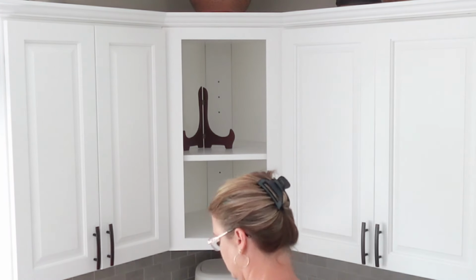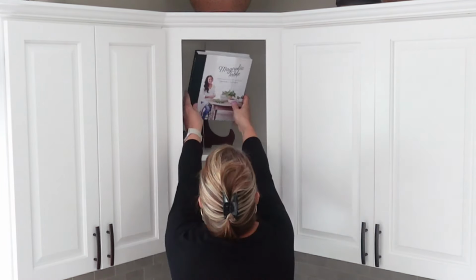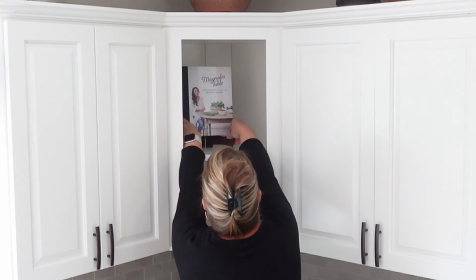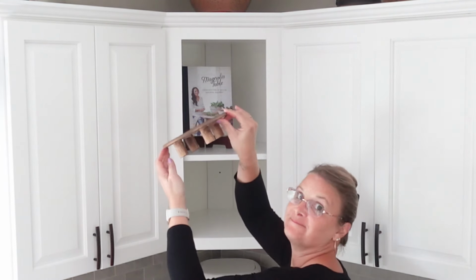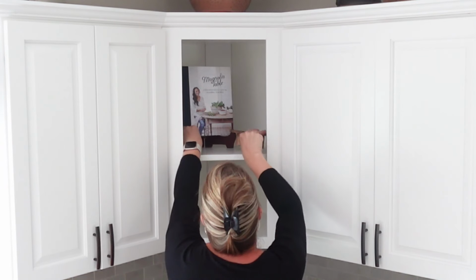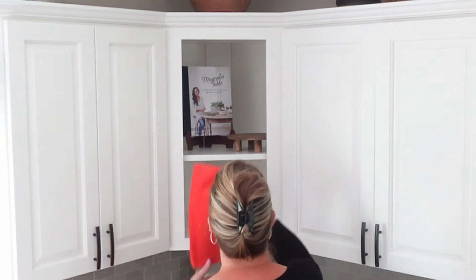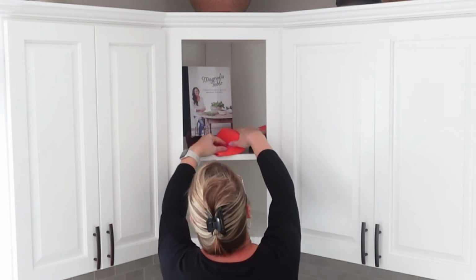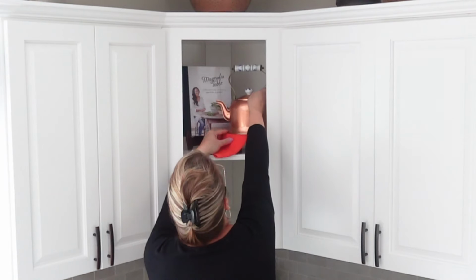I do need to get those little hole fillers to fill in those holes, to put the little white tabs to hide that. But right now my decorations do a pretty good job of hiding that. So I'm just placing this plate rack in there with a Magnolia table cookbook, and this little riser stand that I think I purchased at probably Target or the Dollar Tree, I'm not sure, but I stained it. And then I'm just going to add one of the towels to give it a pop of orange color,